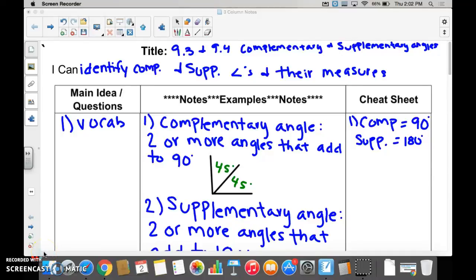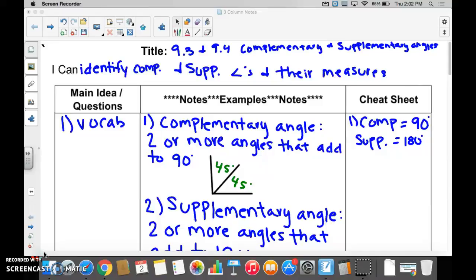Sections 9.3 and 9.4, complementary and supplementary angles. I can identify complementary and supplementary angles. Thank you, yes. It's 9.3 and 9.4, but that's okay. Not 4. All right, so for our vocab, we have complementary angles, which are 2 or more angles that add